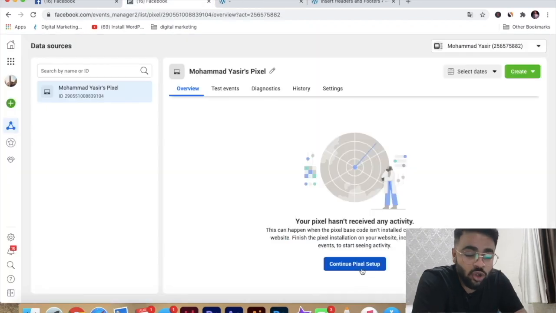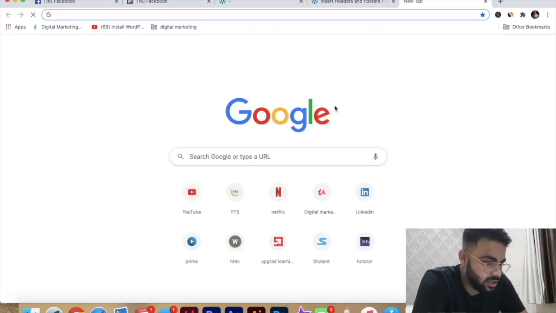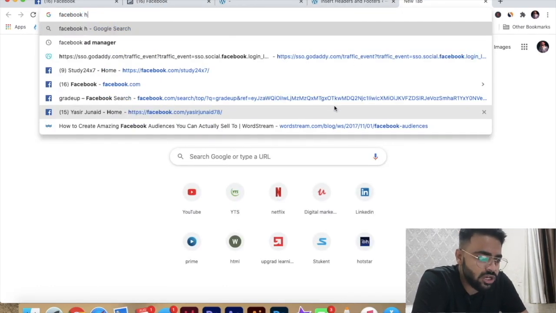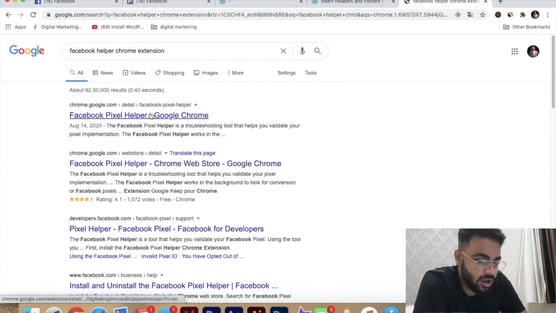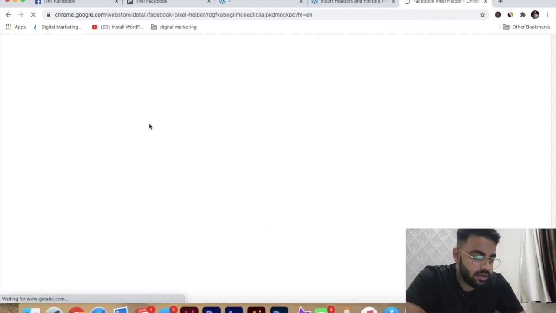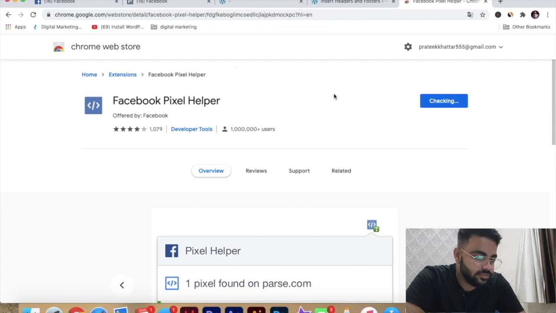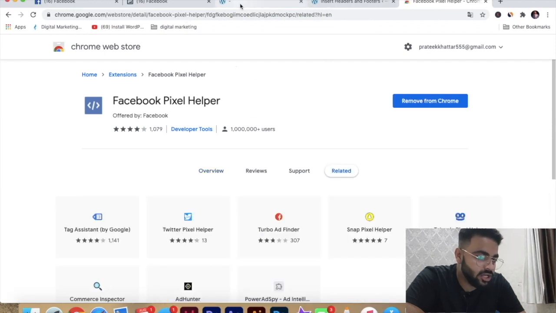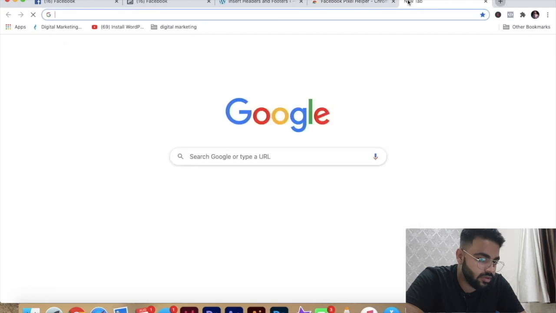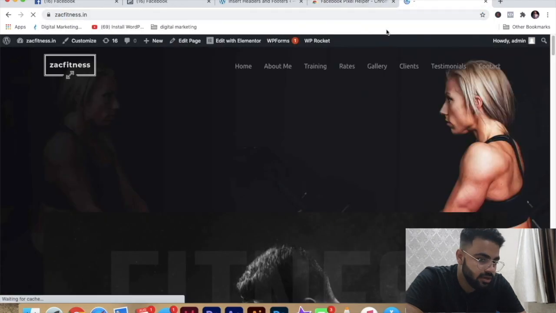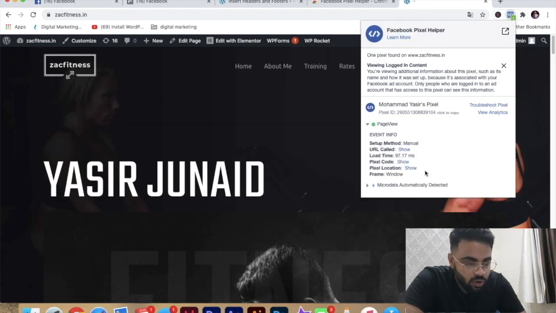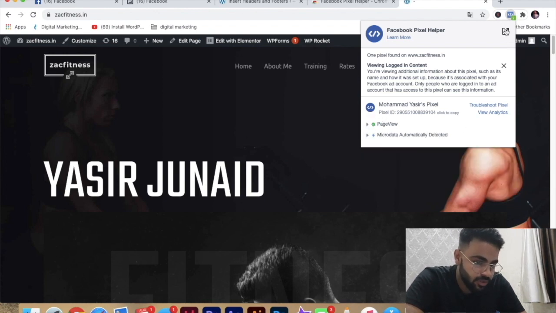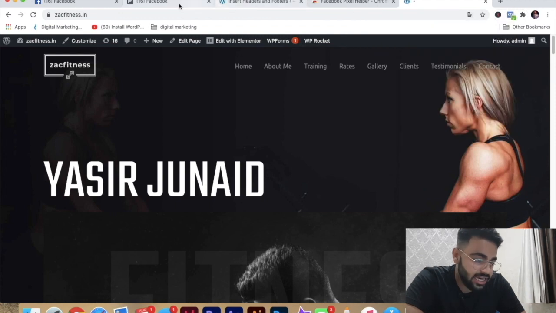Now click on save. Now you need an extension, the Facebook Pixel Helper Chrome extension. If you search on Google, you'll get it as the first option. Just open it and add it to your Chrome browser. Alright. Now, if you go back to your WordPress website, you will see some activity on the right hand side, this green button. Page view is already pre-installed, pre-automated. You don't have to set any events. Now your Facebook Pixel is activated, you can see that.